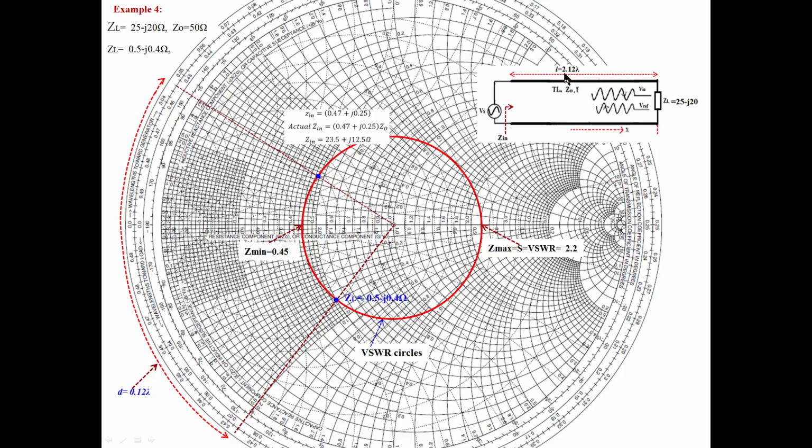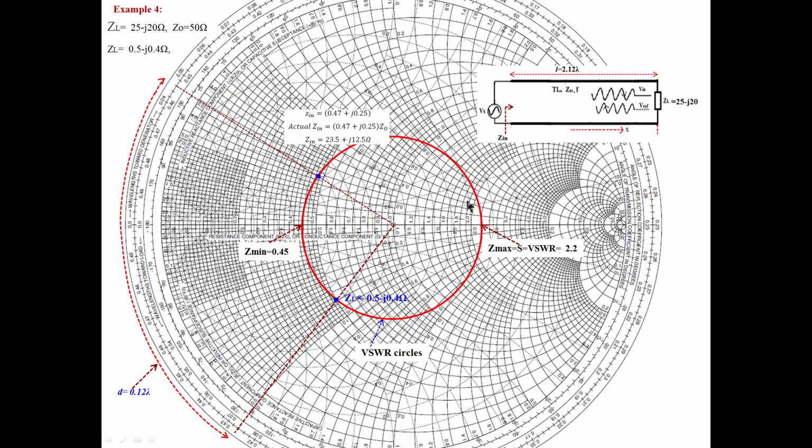Don't get confused. For 2 lambda, you complete 4 rotations. If it is 3 lambda, you should complete 6 rotations. 0.5 lambda means once. If it is 0.7 lambda, you complete one rotation, and then the remaining 0.2 lambda from here. Like that we should do it. All of you think about it, and once you start doing one, you will be able to do it. All of you must do it. Take a hard copy and practice.